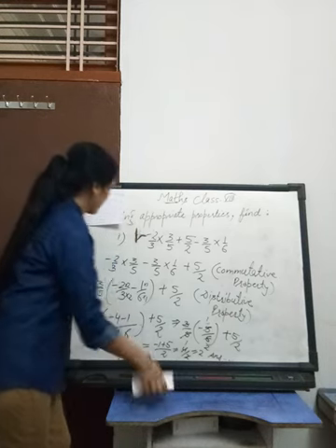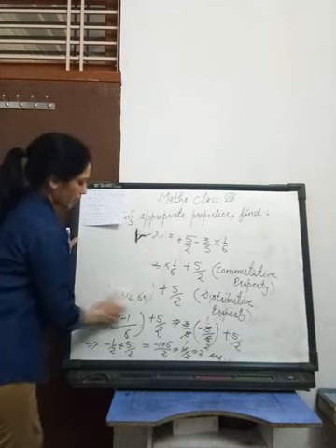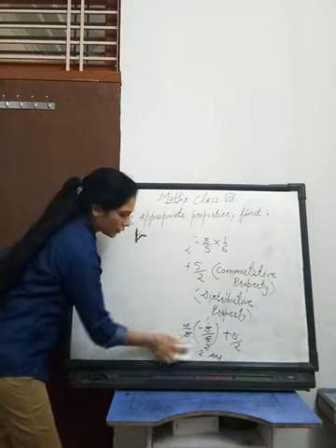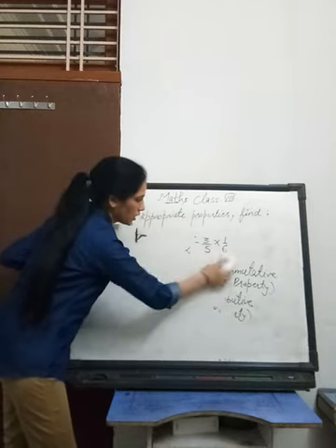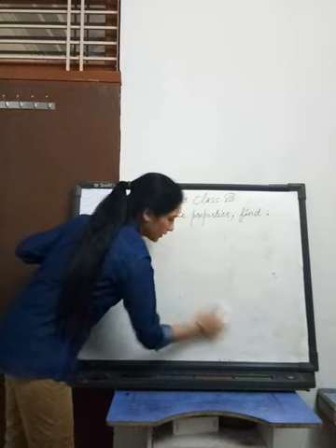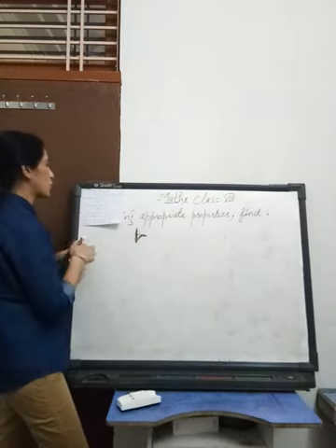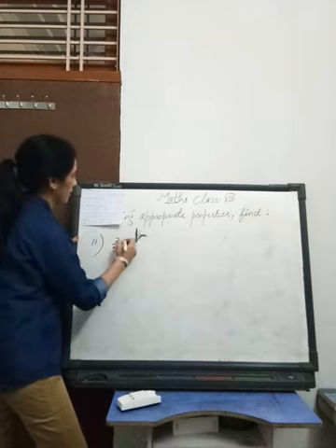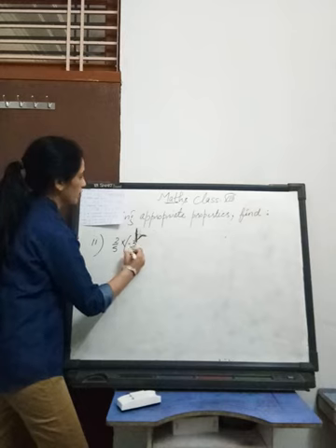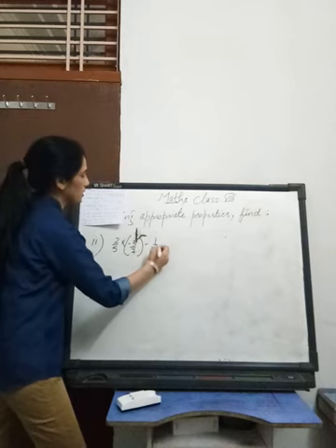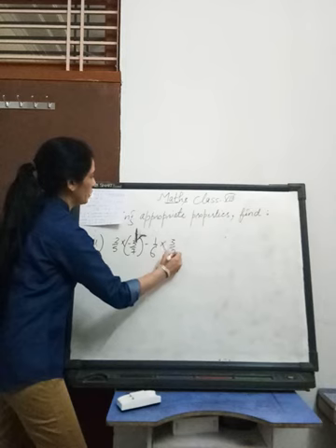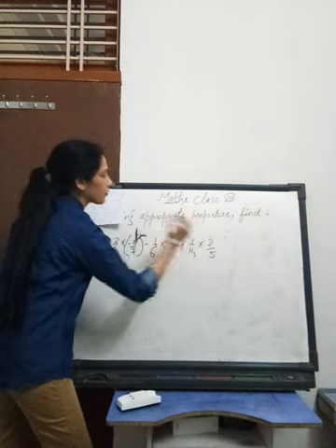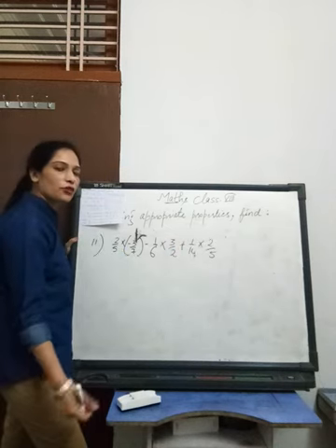Now the next question you have to do, I am writing over here, and you have to use appropriate properties for solving the question. The question that you have to solve: 2 upon 5 multiply minus 3 upon 7 minus 1 upon 6 multiply 3 by 2 plus 1 upon 14 multiply 2 upon 5. This you have to do in your rough copy, isn't it?